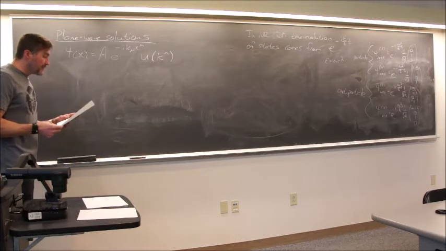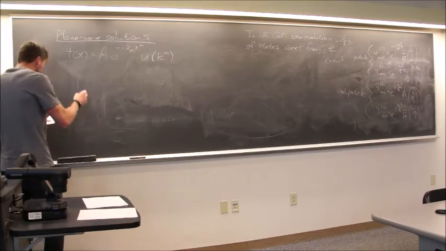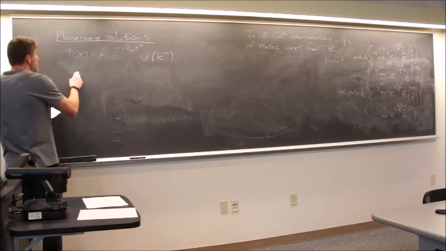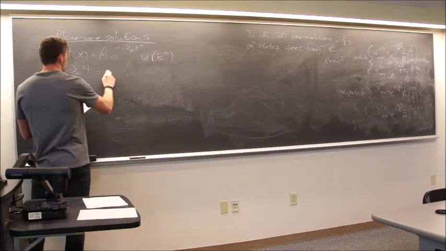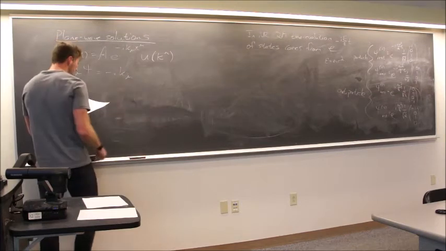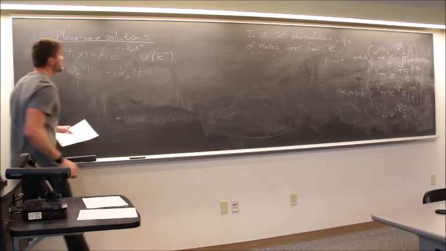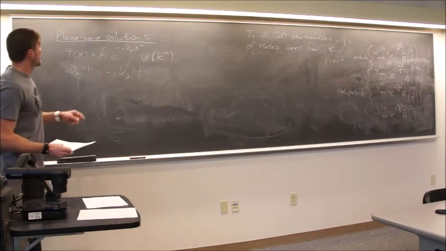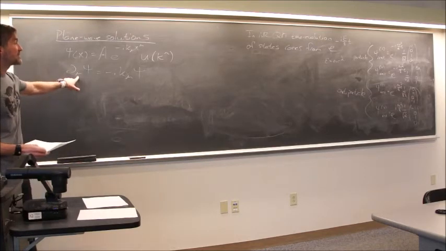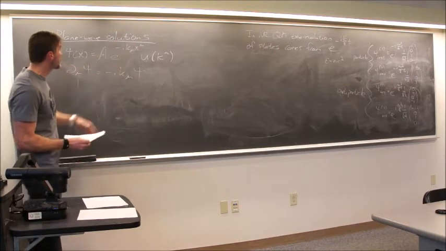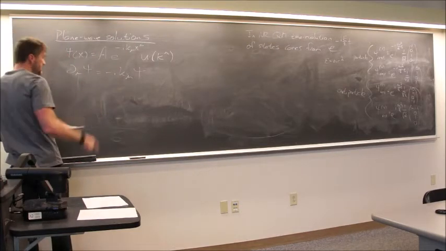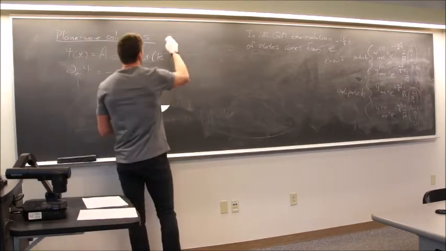Okay. So the first thing that you can do in the derivation of this is notice that if you take the derivative with respect to all of the coordinates, this just gives me minus i k mu times psi. Okay, that's taking the derivative with respect to the spatial coordinates. So I'm just taking the derivative with respect to x, that pulls down this factor. But then if I plug this into the Dirac equation,